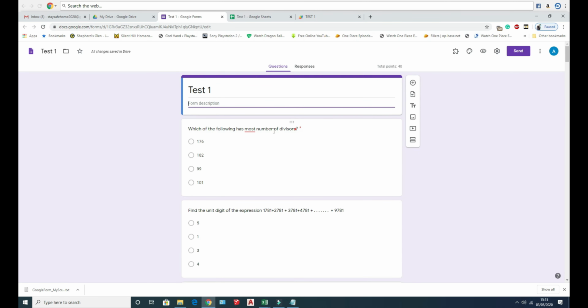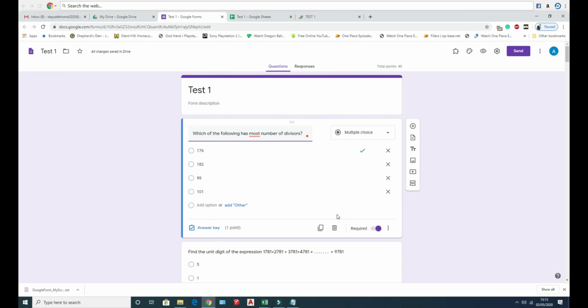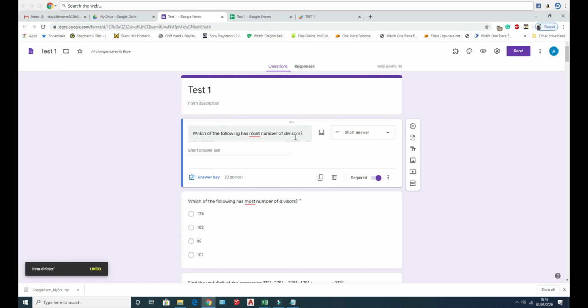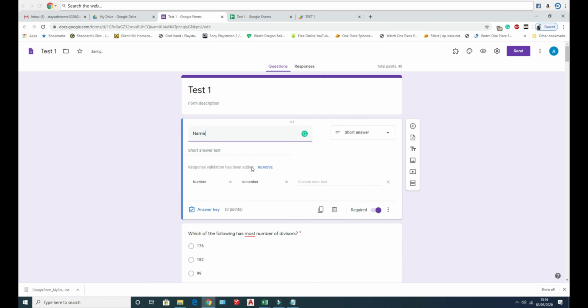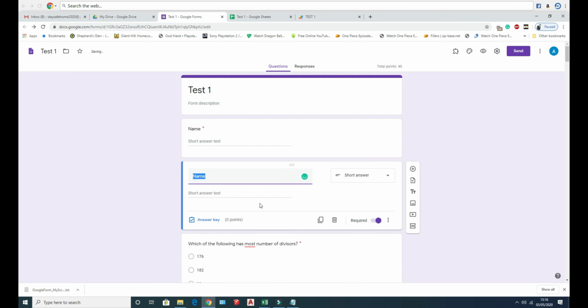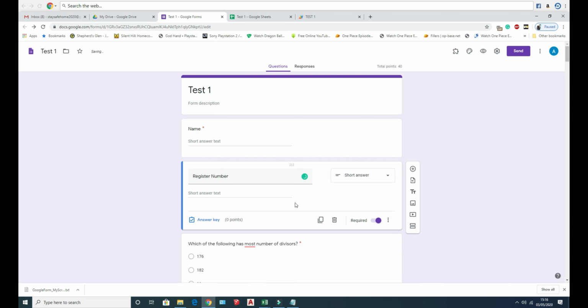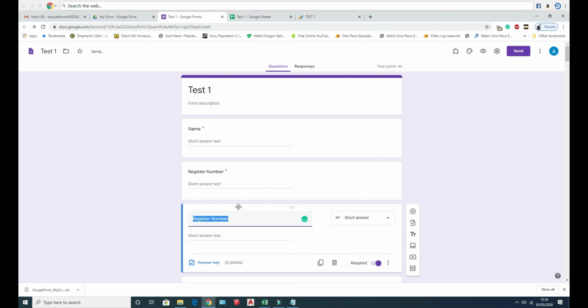I am creating the basic things: name of the student. I'm just copying the same content and replacing the question with the register number, and again copying the same and replacing the question with the year and section.